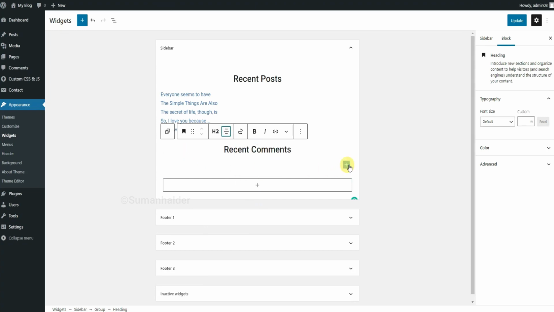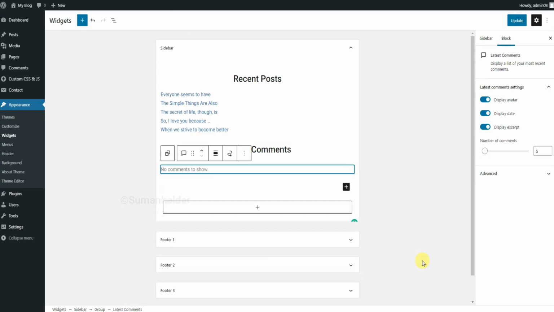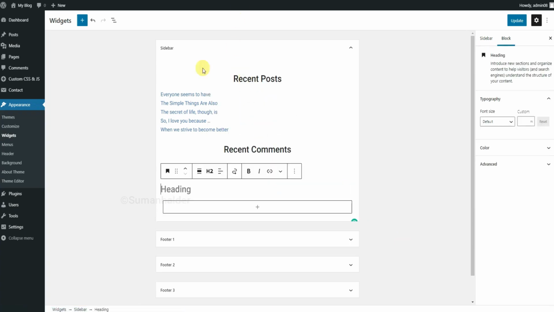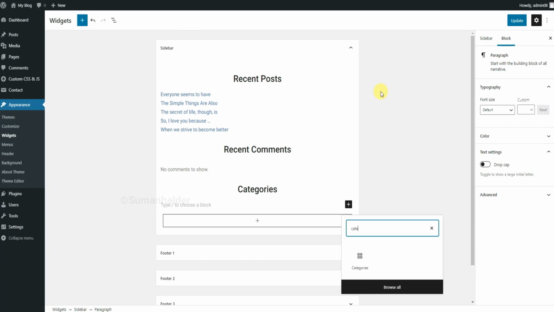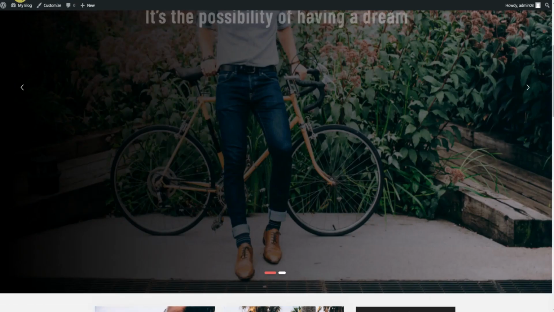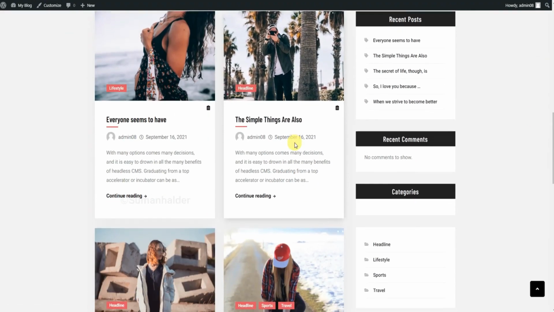Align the text in center. Click the plus icon for element. Click latest comment. Again click plus icon and click heading. Write category and align the text in center. Click plus icon and type category. Then update. As you can see, our sidebar has changed.